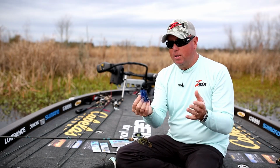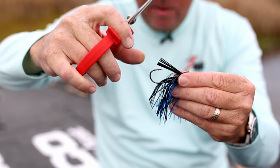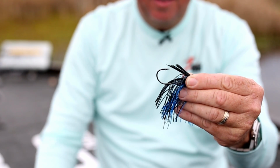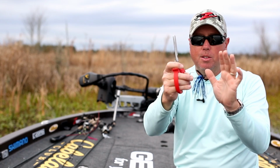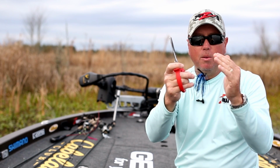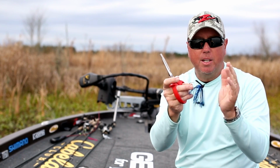One thing that I like to do when I take a brand new jig out of the package is with the weed guard, I'm going to cut it short. What I do is I cut it off, and usually I'll cut it horizontally. I won't cut it straight off the way it comes in the package. I'll cut it across horizontally, and to make sure you haven't cut off too much, push it down, and as long as those points of that weed guard are going past the point of the hook, then that's the position you want to cut it in. So depending on how long that hook is, use that hook point to measure where you're going to cut that